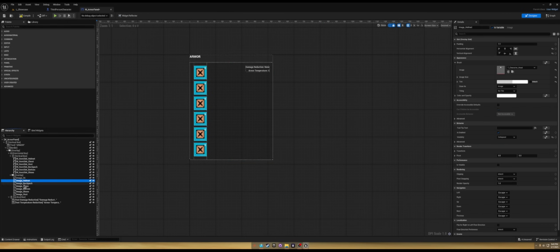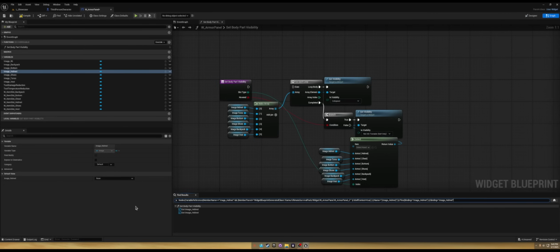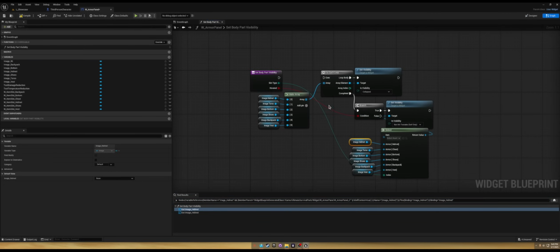Now if we want to hide these from showing up when you're selecting them in your game, if you just go find references by class member, you can double click one of these that show up, and it'll take you to this set body part visibility. This will be connected. All you want to do is just disconnect it. Okay,